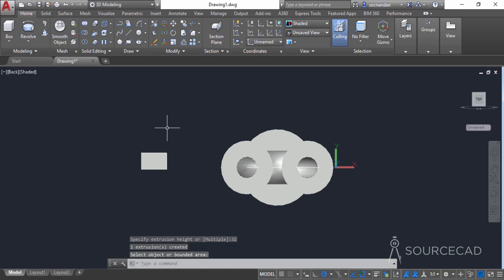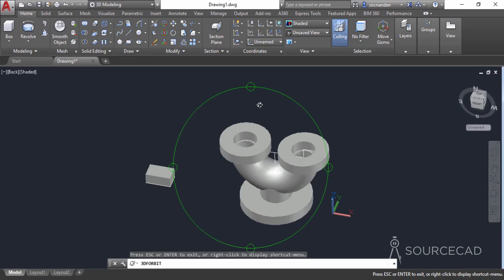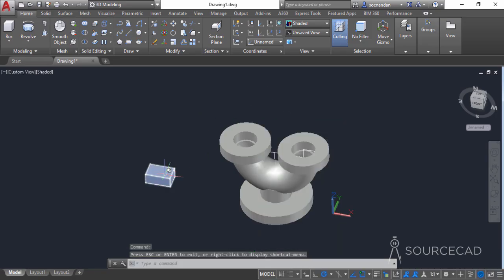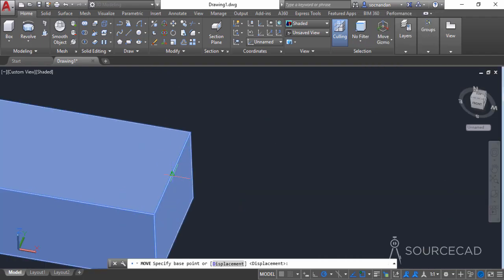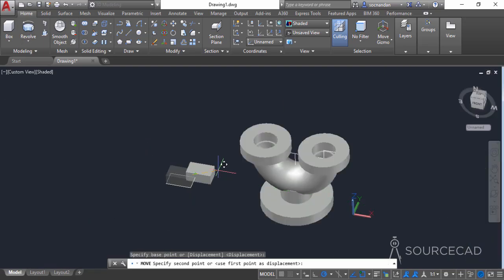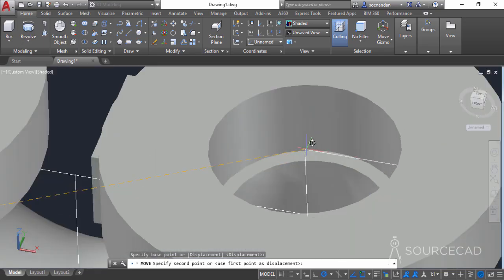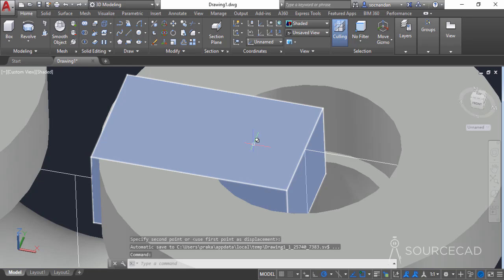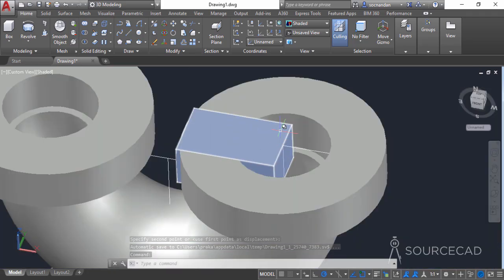Now press enter again to exit the press pull tool and now orbit this drawing a little bit and move this 3D solid using this midpoint, the midpoint on the right side, and move it at the center point of this circle. At this point, the solid may not make any sense to you, but now we need to move it towards